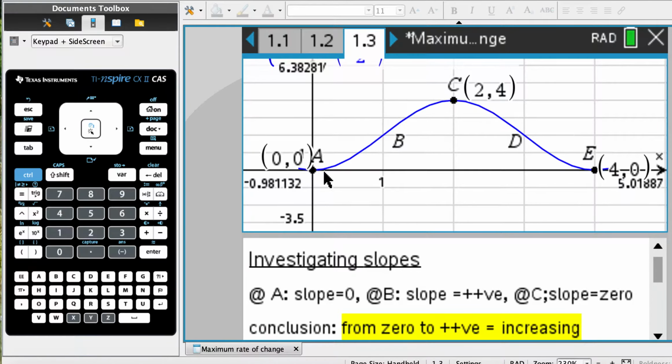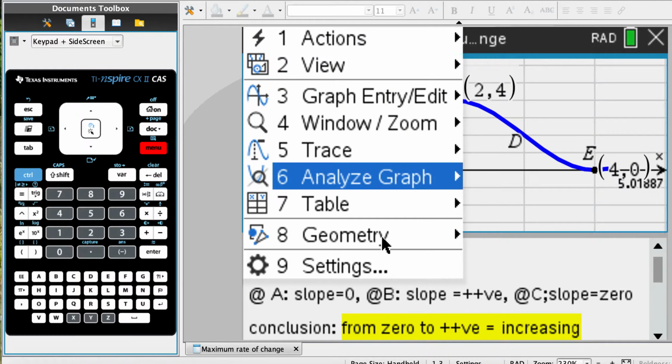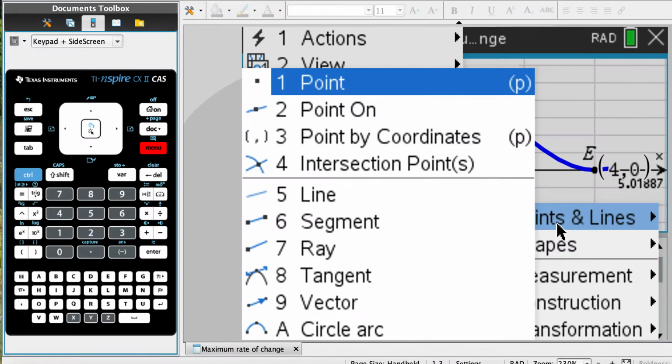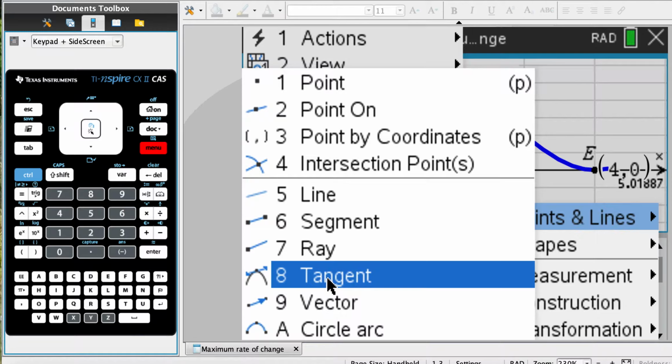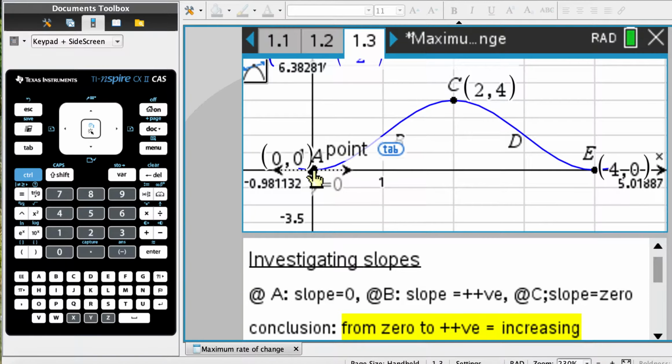And if you were to draw tangent lines along different parts of this f of x curve, you will tell that the gradient will change. So let me just do a little demo here for you. I'm going to pull out my tangent line and place it here. As you can see, your tangent slope is 0 because clearly A is a turning point. And if I were to move my tangent line around,